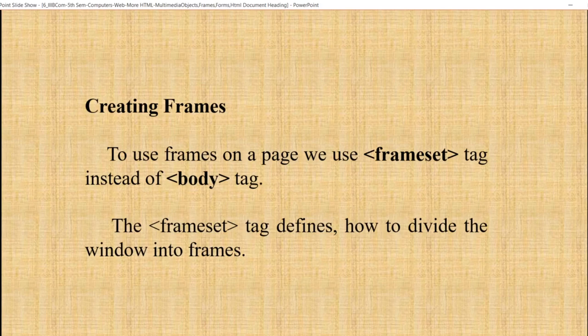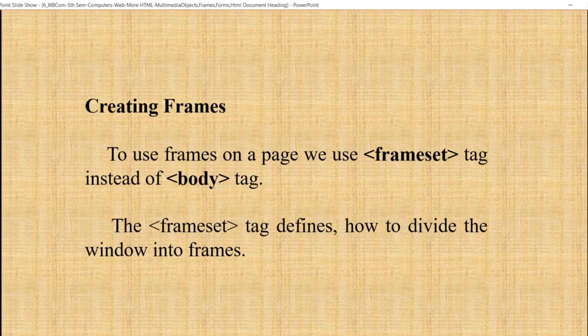The frameset tag defines how to divide the window into frames. The rows attribute of a frameset tag defines horizontal frames. Here we use 2 types of attributes, rows and cols. The rows attribute defines horizontal frames and the cols attribute defines vertical frames.